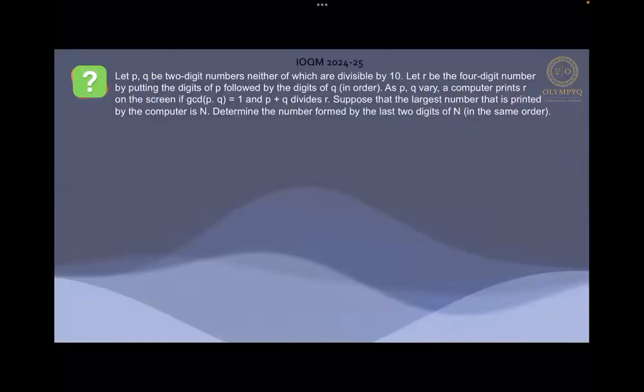The question says, let P and Q be two-digit numbers, neither of which is divisible by 10. Let R be a four-digit number formed by putting the digits of P followed by the digits of Q in order. As P and Q vary, the computer prints R on the screen. If GCD of P and Q is 1 and P plus Q divides R, suppose that the largest number printed by the computer is N. Determine the number formed by the last two digits of N in the same order. Now, first of all, according to the given condition, we have been given that 10 does not divide P